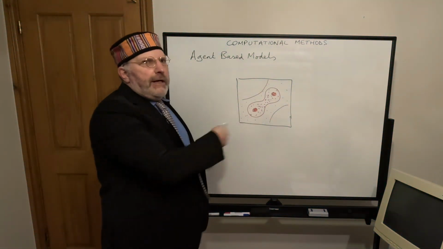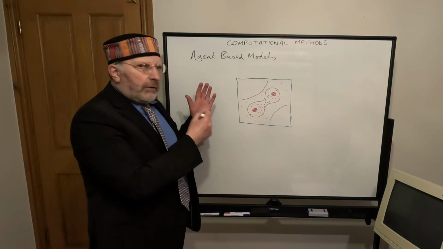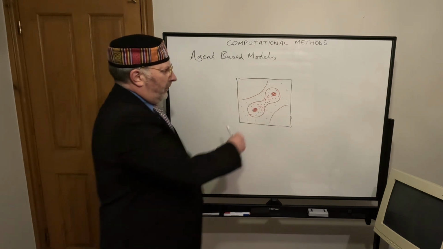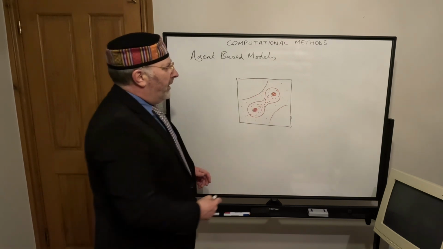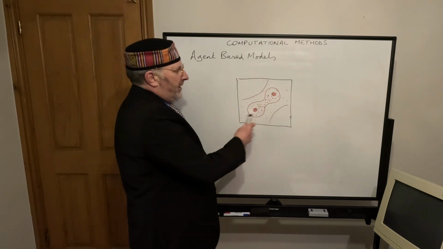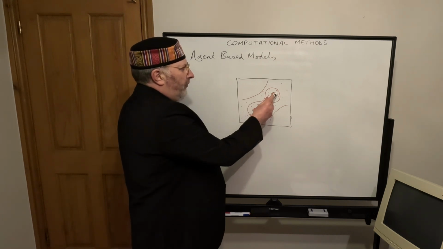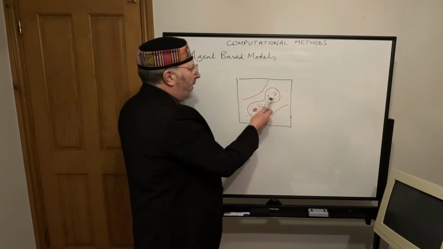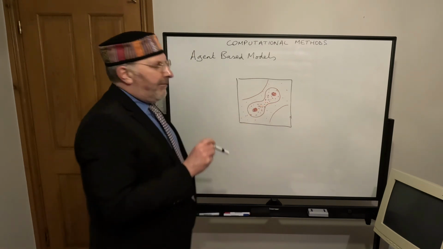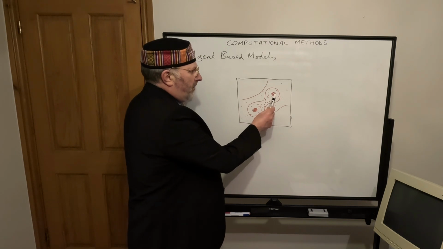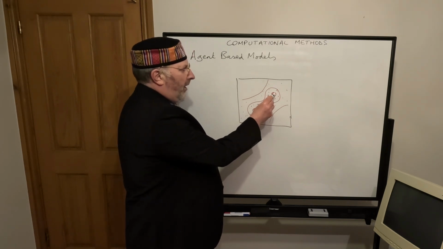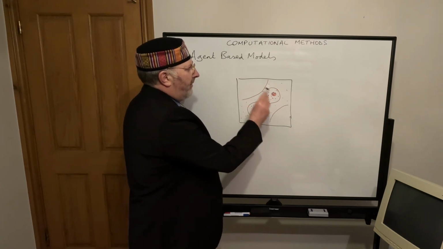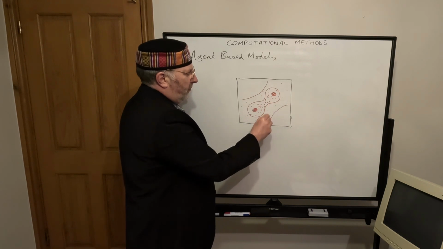So this is a grid like Schelling's chessboard, but with more cells to it. But you know, I haven't drawn the individual cells. And the idea is that there are these two sugar mountains. So these are cells that have a resource which they call sugar, and the density of sugar varies. So at the centre of the sugar mountains, there's a large amount of sugar. Then there's a lower density of sugar in this area surrounding it, and then a still lower density of sugar